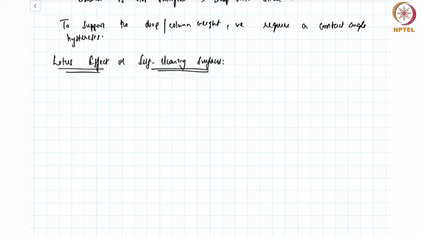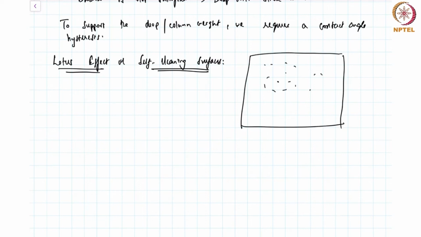A common mistake that several people make is to say that the lotus effect or the lotus self-cleaning effect is only because the surfaces are super hydrophobic. Correct? What is self-cleaning? The idea is the following. If you have a surface like this, and this surface has a lot of dust and dirt on it,